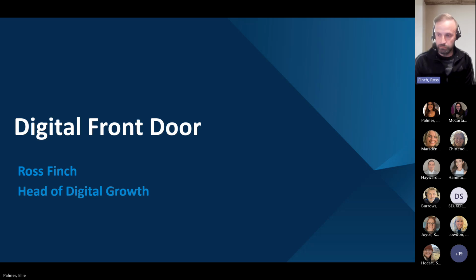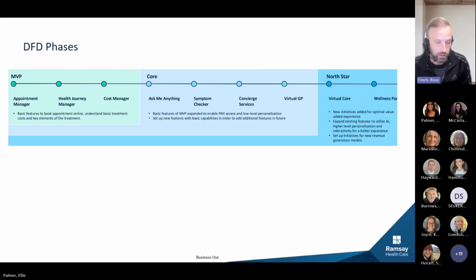So in terms of one of those projects, it's Digital Front Door, and this is about trying to get services as easy as possible to our patients. So if we go to the next slide, I'll just briefly talk around the roadmap and why this has been chosen, but there's three specific phases. The first one is particularly around growth. So we found from the research